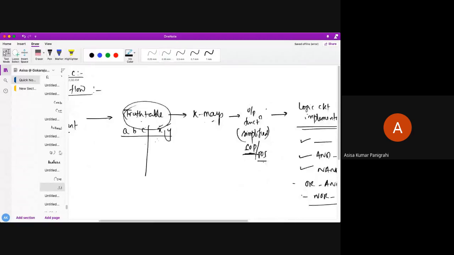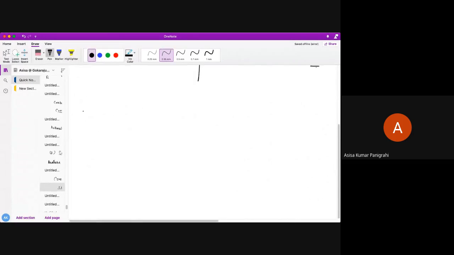Okay, so the next part, what is the basic design procedure of a combinational logic circuit? First of all, the design flow we understand. Now the design procedure for combinational logic design or combinational logic circuit.